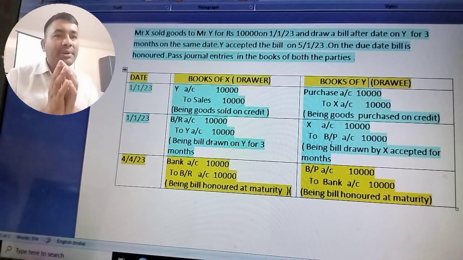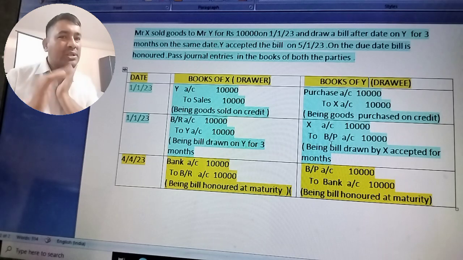On receiving the amount, or on the date of honoring of the bill, what will the drawer do? Bank account debit to bills receivable. He has to cancel the bills receivable after receiving the bill. So first entry: Y to sales, when goods are sold. Then when his bill is drawn, bills receivable to Y. And when the amount is received from Y, what does he have to do? He has to debit bank account and he has to credit bills receivable, because you have to cancel bills receivable